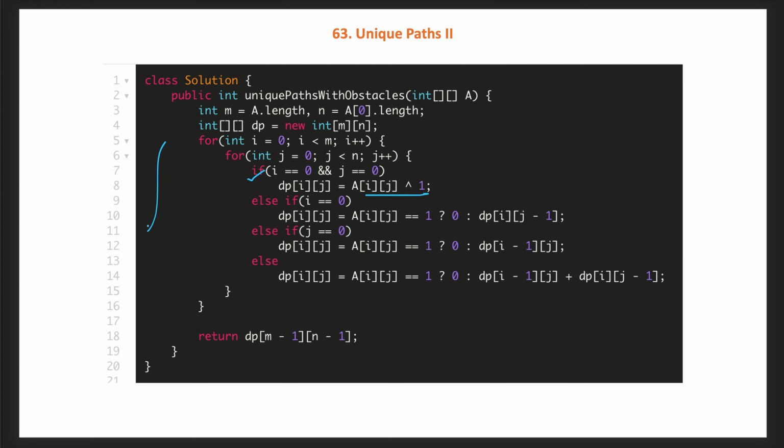Now, the time complexity and space complexity of this solution is also still O of mn. Let us say the interviewer wants you to do it in constant space, but for that you need to ask whether we can update the input array or not. If we can update the input array, then instead of creating a separate 2D array, we just update array A itself here, wherever dp is used, just replace it with the array A. Then this solution will be time complexity O of mn and the space complexity is O of 1, but this is only when updating the input is allowed.